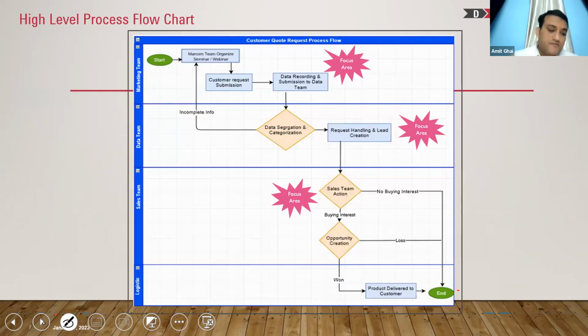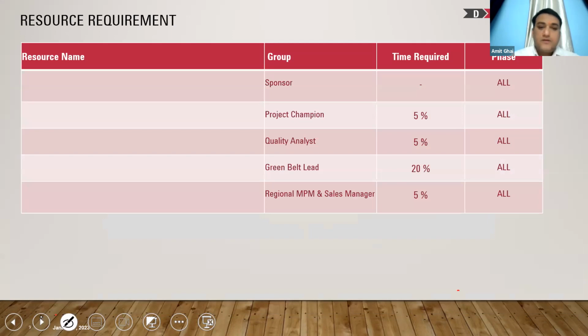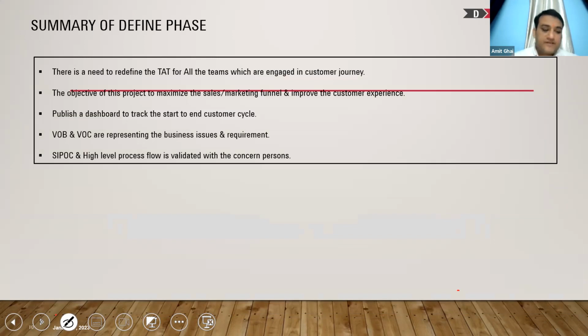You make the current process flow. You make the SIPOC diagram. Again, it is a very high level process flow of the process that I was telling as KPIV and KPOVs. And you basically go with the toll gate that this is my project, and you ask your managers to approve it. Then we move to the measure phase,